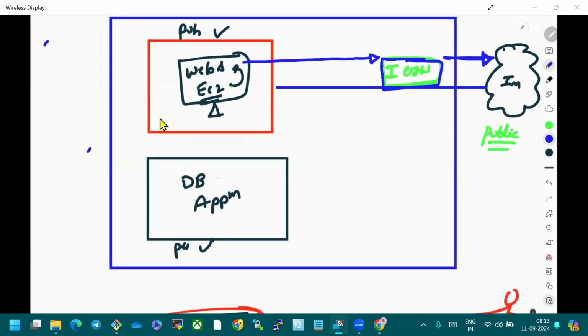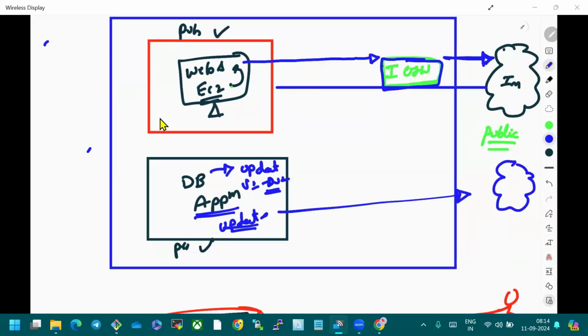See, here are the DB and application server. Sometimes you should even update this DB server. If it is from version 1 to version 2, I should update sometime. If you're using an application server, you should update these things as well. Correct? Now, if you wanted to update, where should you go? You should again come to the internet. But the problem here is I cannot directly come to the internet. This is because I have security issues. I have some information with me that is very important for my application. I don't want to expose that information to the internet, right?